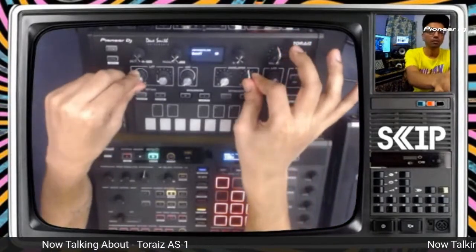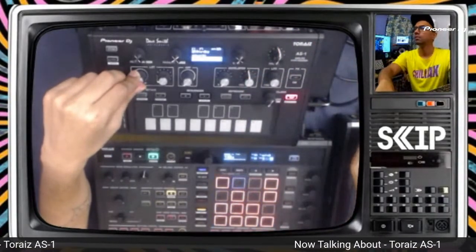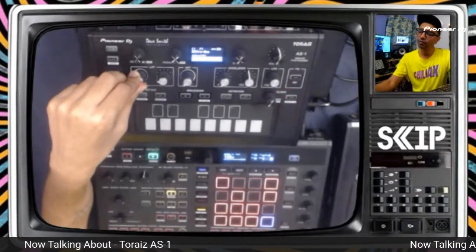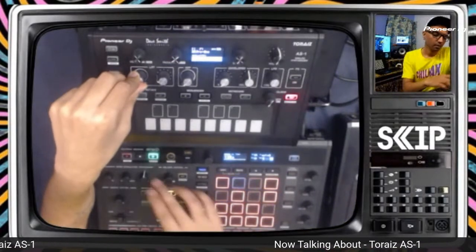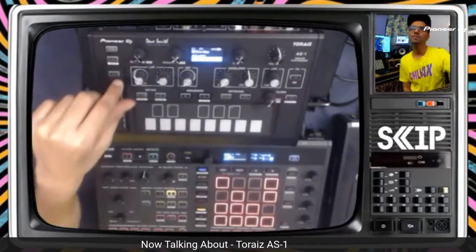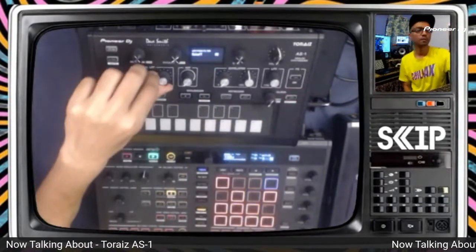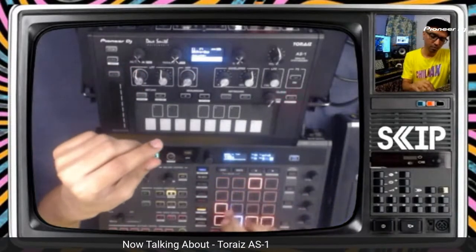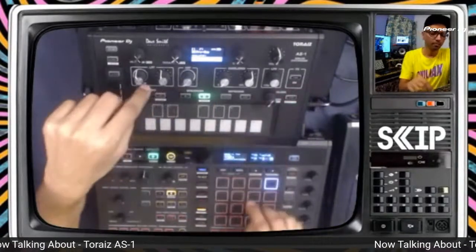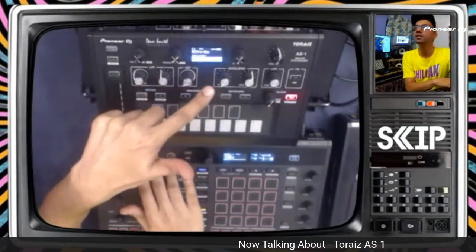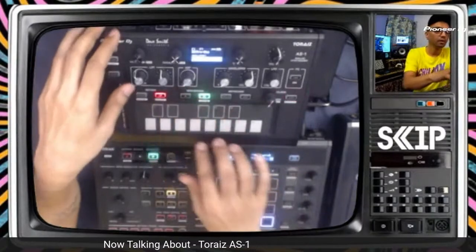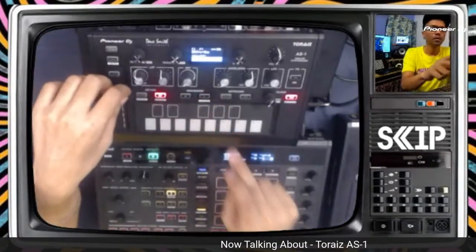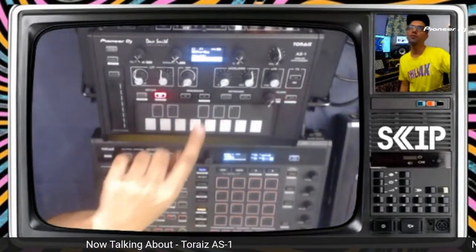Skip XLR is asking if you can go through the effects. Okay, to go through the effects, I'll just make a lead with this. I won't use such a distorted tone. I'll use a cleaner tone so people can figure it out. In fact, what I'll do is I'll show you how you can sequence from this.